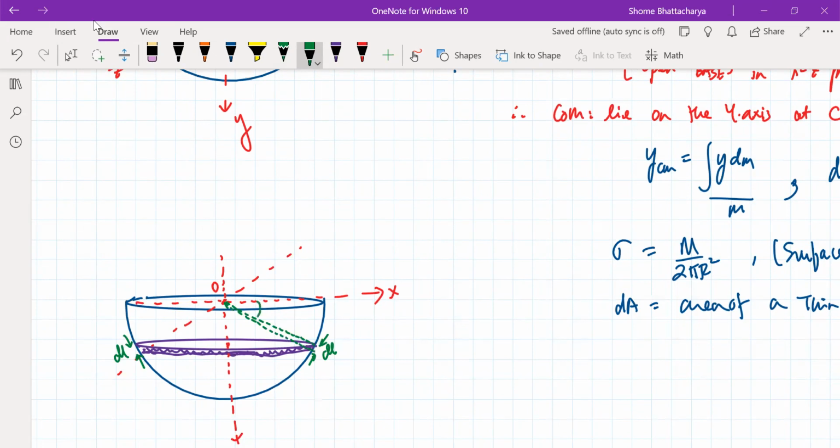So if this angle is theta, then that thickness of the ring is subtending a very small angle, d theta. So the thickness becomes R d theta. And the radius of the ring, let's say small r,